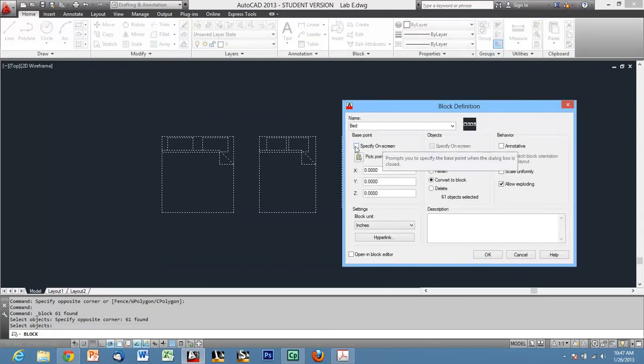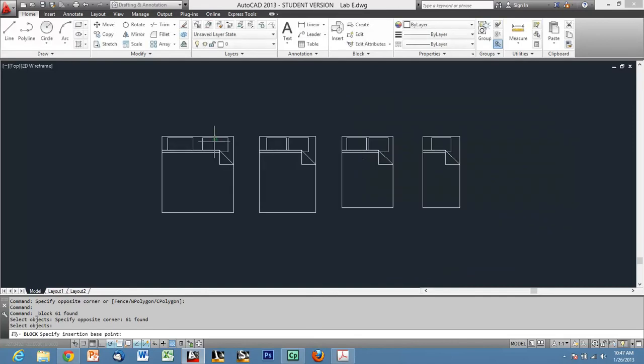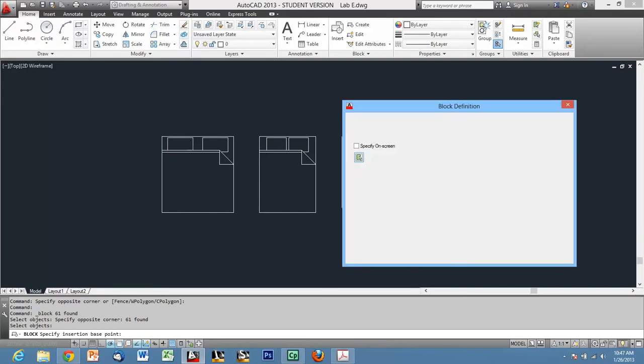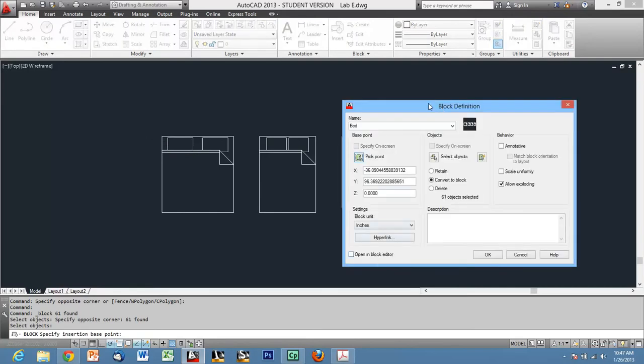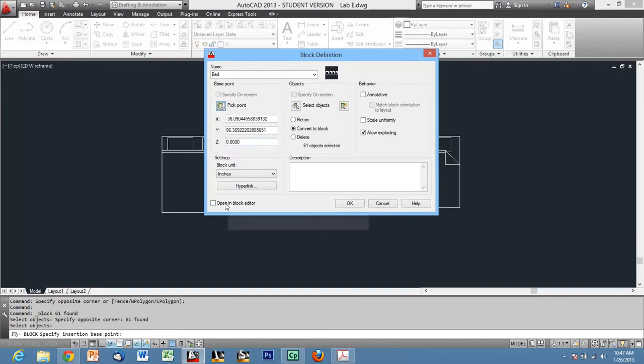And the base point, I'm going to use a pick point, and I'm just going to start right here. We may end up deciding to change that, but for right now I'm going to pick the top left corner of this king mattress. And I'm going to come down here to the bottom and check the box that says open in block editor, because to create this dynamic block, remember, we have to do all of that through the block editor. So I'll hit the OK button,